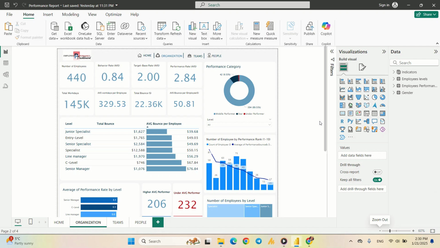Hello and good time. Welcome to the seventh session of designing a performance management report with different dashboards at different levels, which include